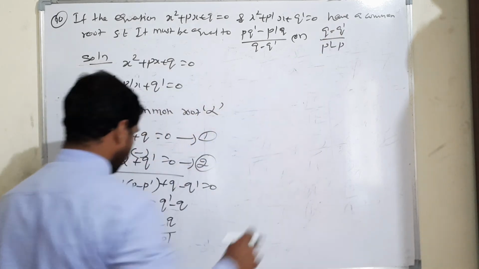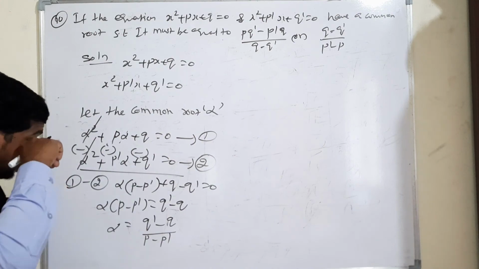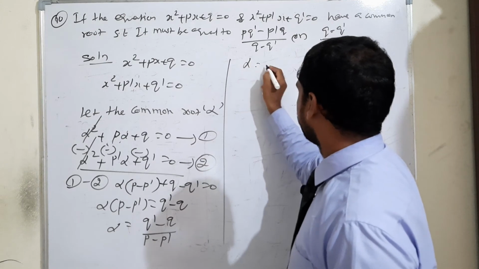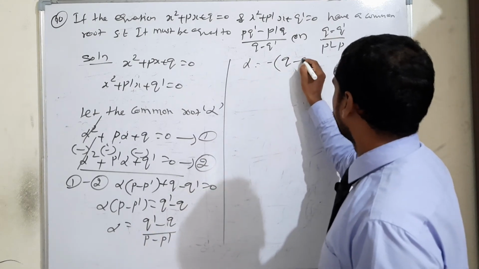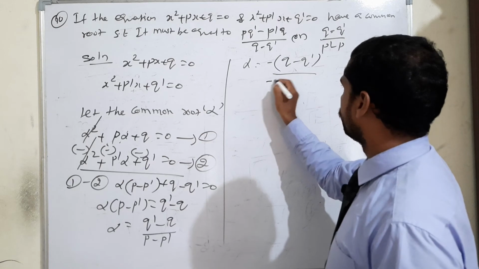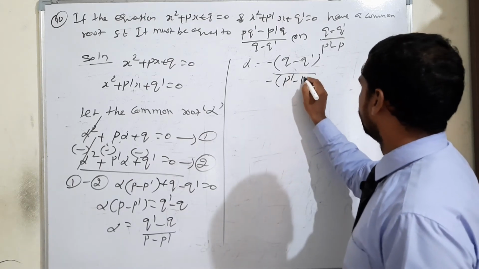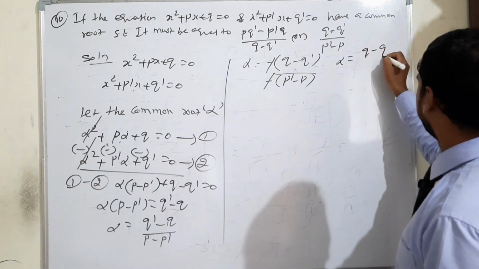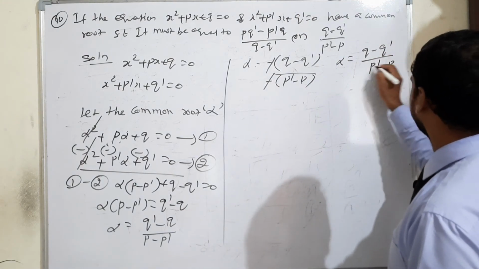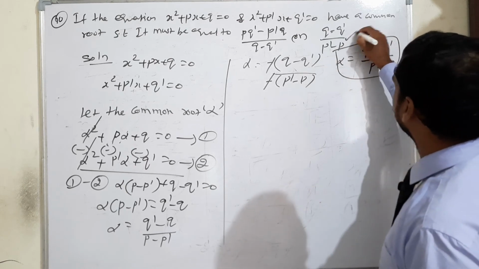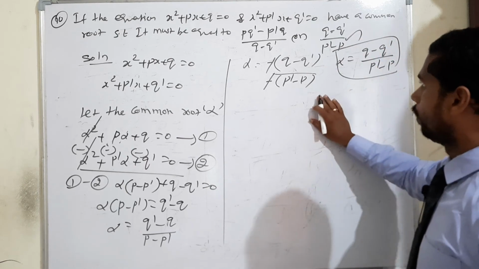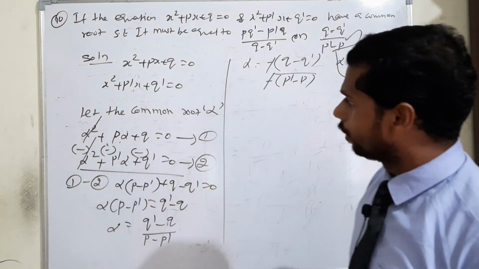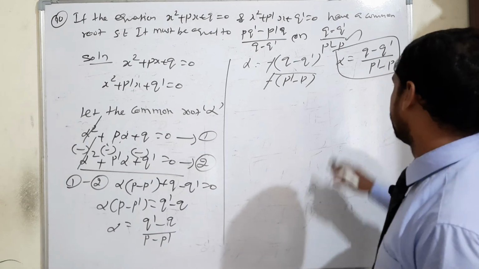But we need q minus q dash, and here we have q dash minus q, so we just take the minus sign common outside. Minus common outside gives q minus q dash, and the denominator also, minus common outside, gives p dash minus p. Now minus minus cancels, so alpha is equal to q minus q dash divided by p dash minus p. This is one condition; the proof is the second part. Okay, now I am moving to the first condition. I have cancelled the alpha square. In the second one, if you cancel alpha, we will get the same result.